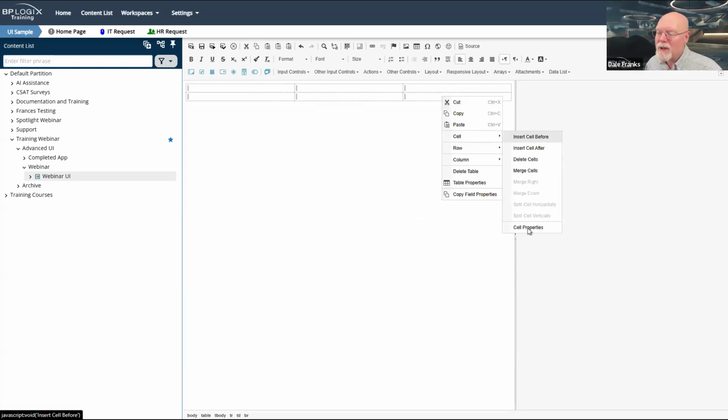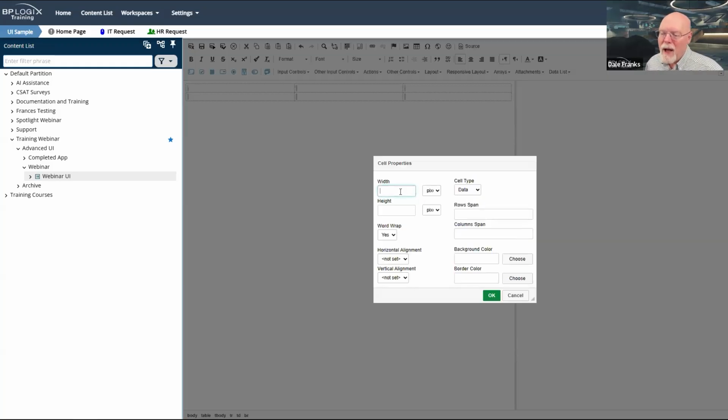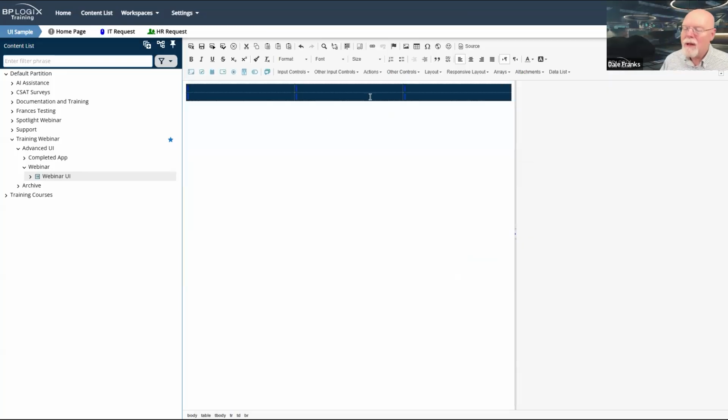So we're just going to go to cell properties, and I am going to set the background color using our regular BP Logix colors, 082F4D for our navy blue color. 082F4D. Okay, thank you. So now I've set the background color for these cells.